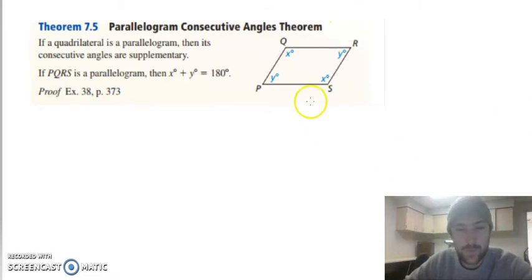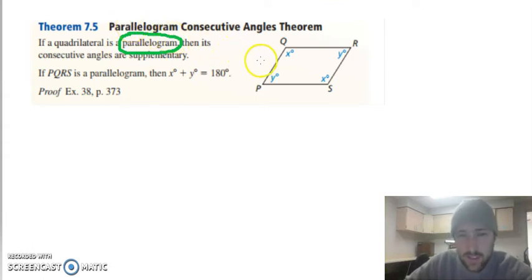Super awesome theorem. What it says is if our quadrilateral is a parallelogram, and I cannot stress that enough, it must be a parallelogram for you to use this theorem. So make sure it's a parallelogram. It's either going to tell you it's a parallelogram, or you might need to find, like, hey, if the slope of this and this line are the same, and the slopes of this and this line are the same, it must be a parallelogram, right? There's lots of different ways to prove something's a parallelogram, but as long as you know you have a parallelogram,